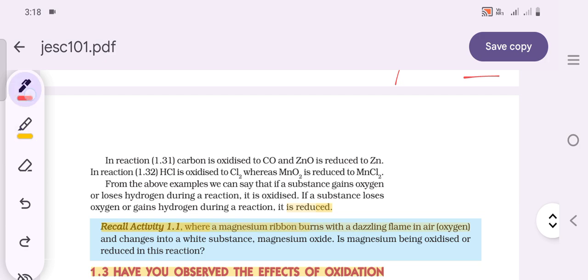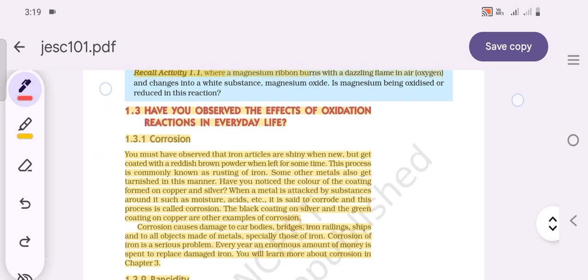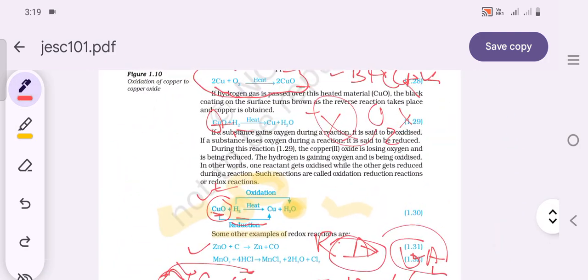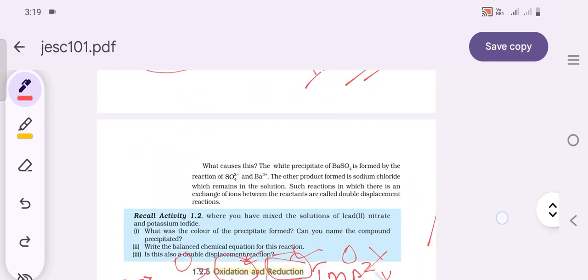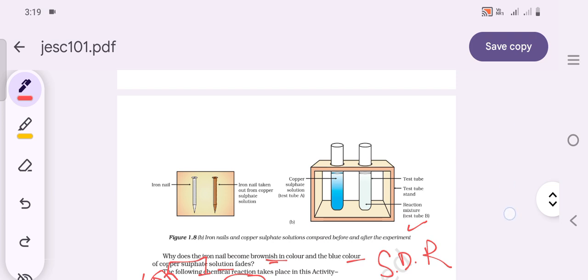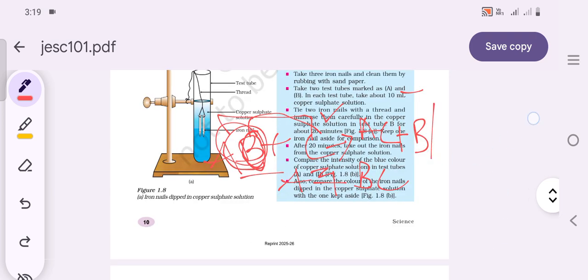So I hope you understood this chapter. I have explained oxidation and reduction, then displacement reaction and double displacement reaction in this video. In the next video we're going to go through the next chapter, that is acids, bases and salts,